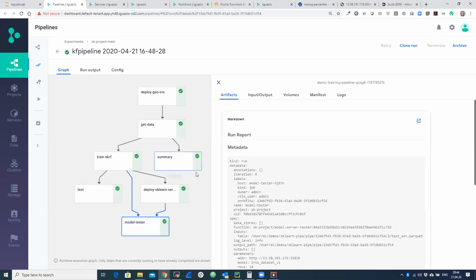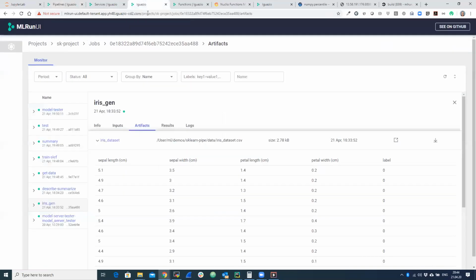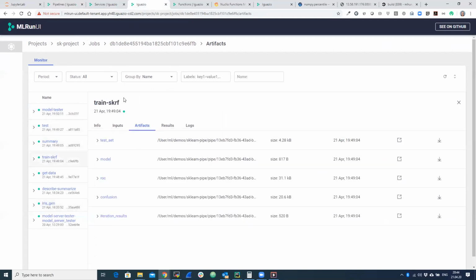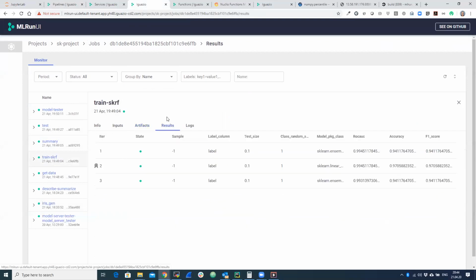Now, once I have all of that, after it's running, I can also go and inspect all the data and the functions. For example, let's look at the training. We used the AutoML, so let's look at the different experiments that we ran. You see, we ran 3 different experiments using different algorithms, and it automatically chose the logistic regression as the winning experiment because it had the highest accuracy.